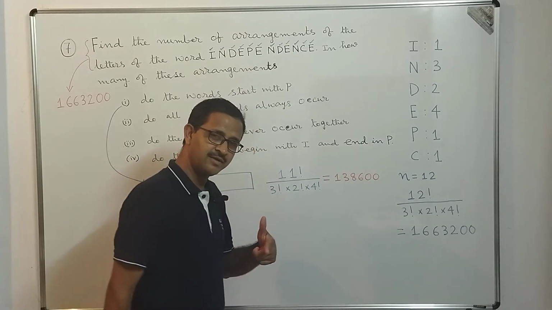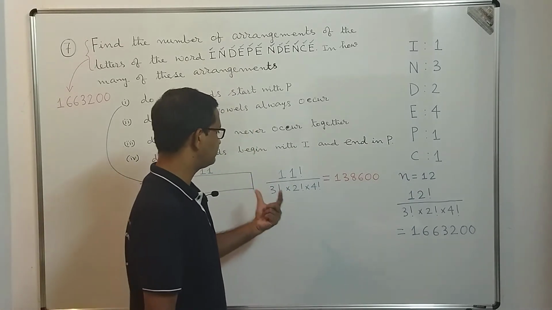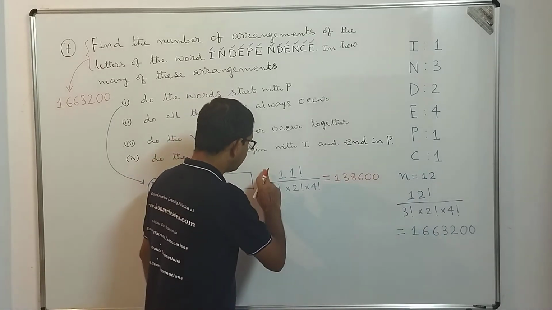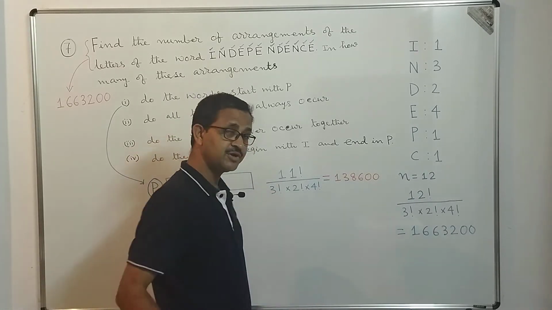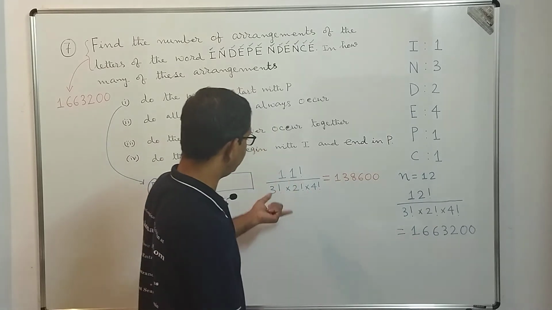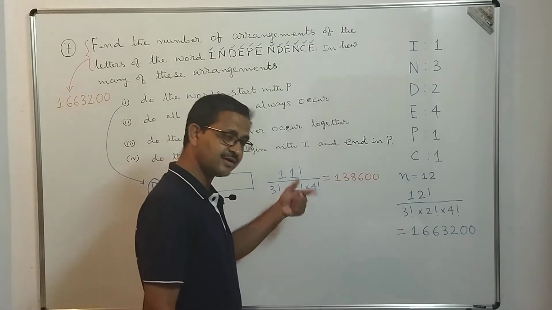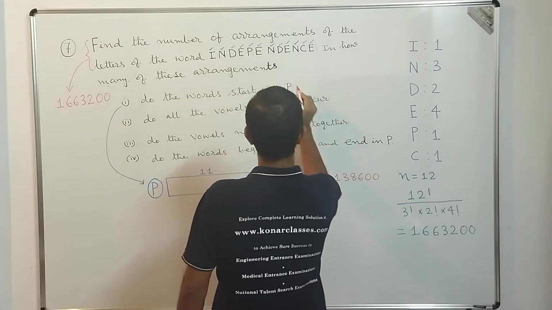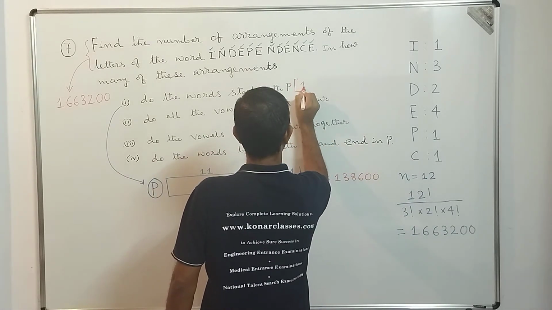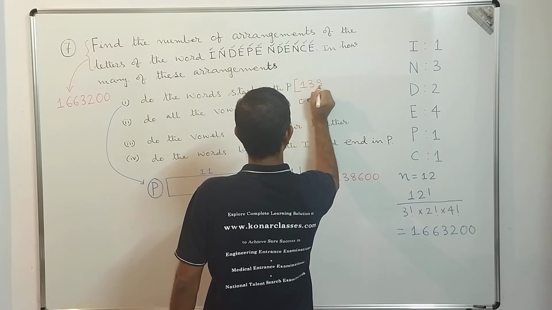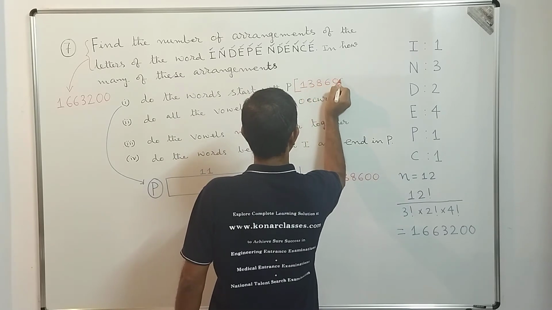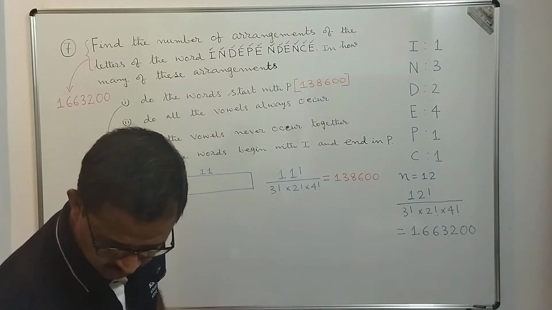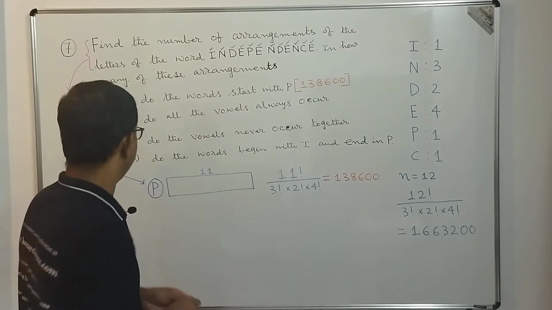So we already had one session in which we solved some problems on factorials. In case some of you want to know how these values are being computed, please look into that particular video. You will have a very clear idea. Then come here and solve it. Okay, it is simple. It is 138600. So here I am right. The value is 138600.